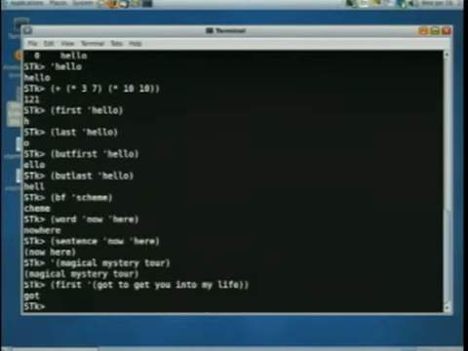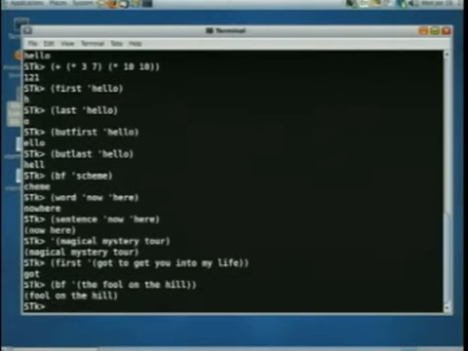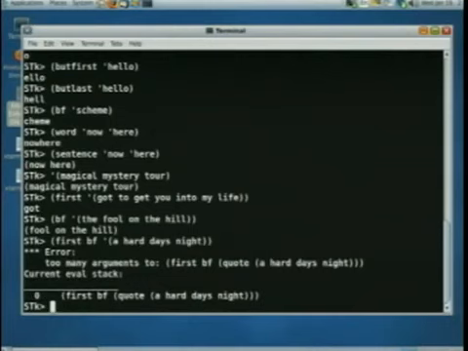First, but first, last, but last, applied to sentences, carves out pieces that are words. So, but first of, all but the first word. Okay? And these can be composed also. So I can say first of but first of